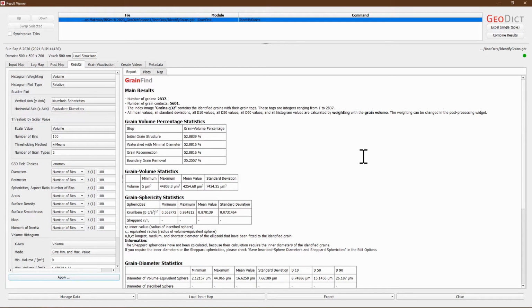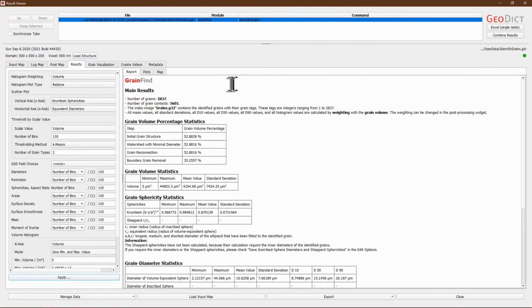Let's look at the details of the grain identification. After most operations, GeoDict saves a file to your hard drive, and in this case it is called a GeoDict result file, or GDR file, and we can see here in the user data folder there is identifygrains.gdr.